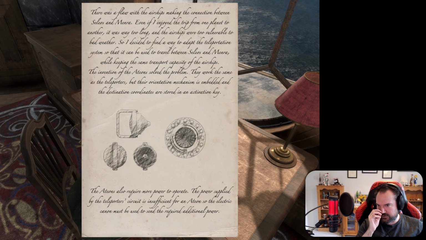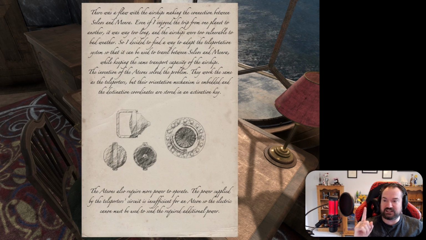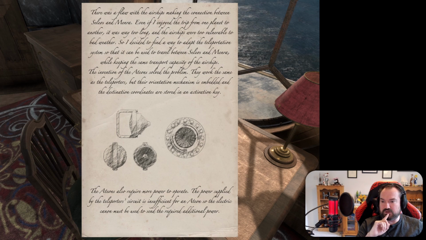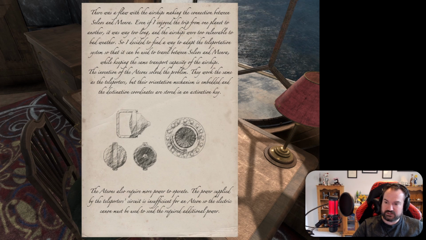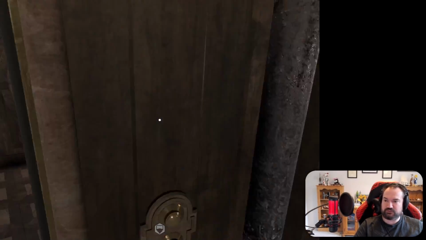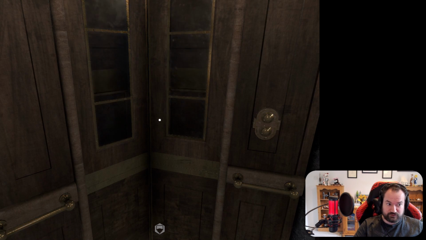They work the same way as the teleporter, but their orientation mechanism is embedded and the destination coordinates are stored in an activation key. The Aetions also require more power to operate. The power supplied by the teleporter's circuit is insufficient for an Aetion, so the electric cannon must be used to send the additional power. So I think what we need to do, we point the cannon towards the base,